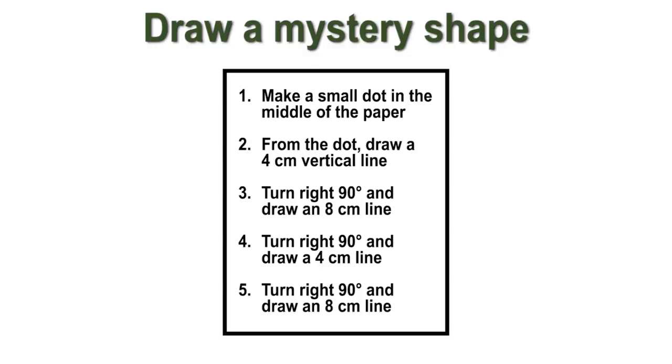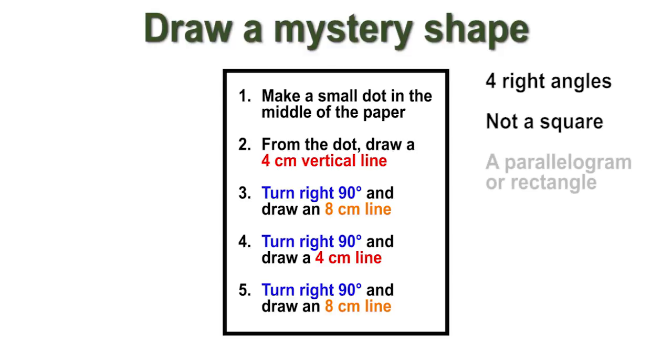If these instructions were followed, what would be drawn? We can reason that the shape has 4 right angles. We also can see that 2 sides measure 8 centimeters long, and the other 2 sides are 4 centimeters long. From the measurements, we can determine the shape is not a square, but a parallelogram or a rectangle with 2